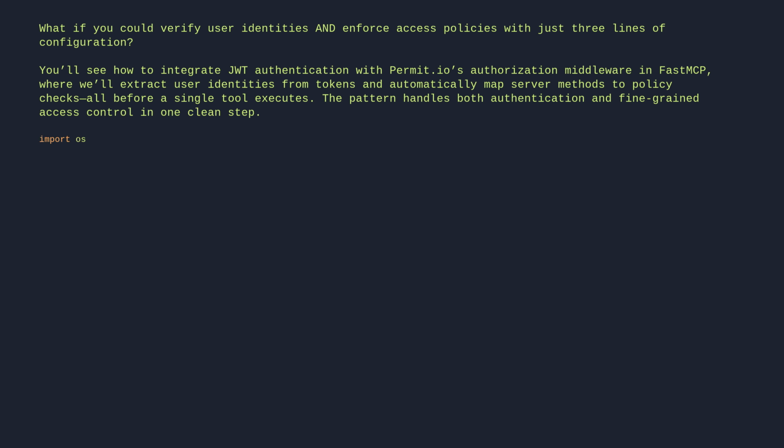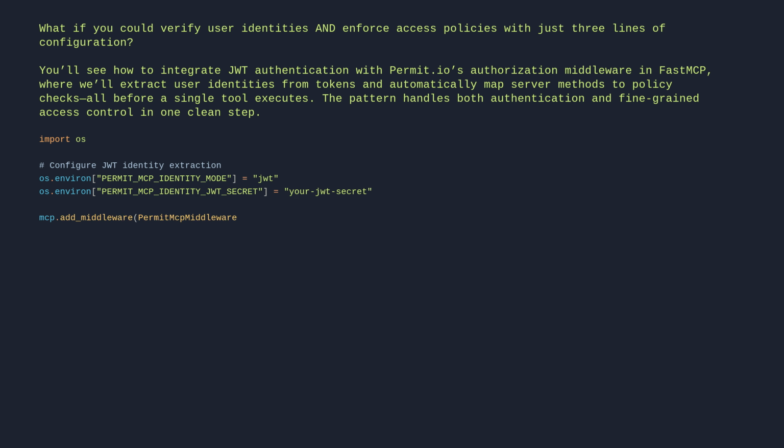Import os. # Configure JWT identity extraction. os.environ["PERMITMCP_IDENTITY_MODE"] = "jwt". os.environ["PERMITMCP_IDENTITY_JWT_SECRET"] = "your JWT secret". mcp.add_middleware(PermitMcpMiddleware(permit_pdp_url="http://localhost:7766", permit_api_key="your Permit API key"